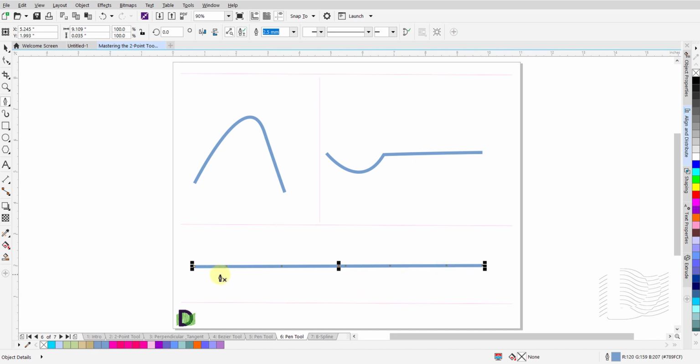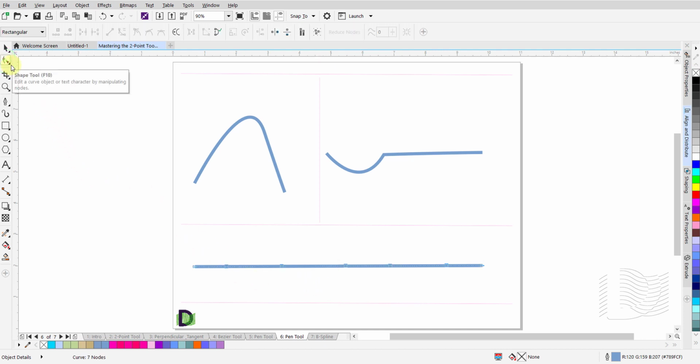By doing this, you have taken a one-segment line and divided it into a multi-segment line. These segments are connected to each other via these nodes. Using the Shape tool, we can move these nodes around to reshape our line. Select the Shape tool by clicking on its icon or pressing the F10 key.